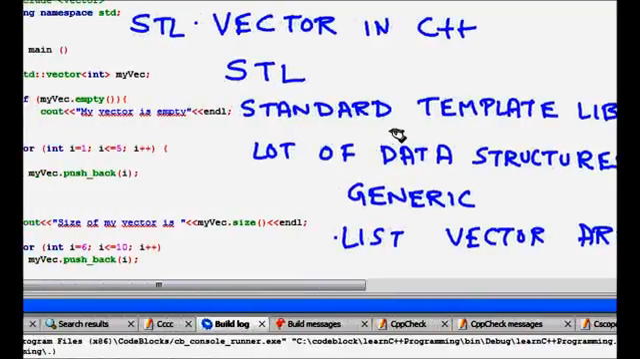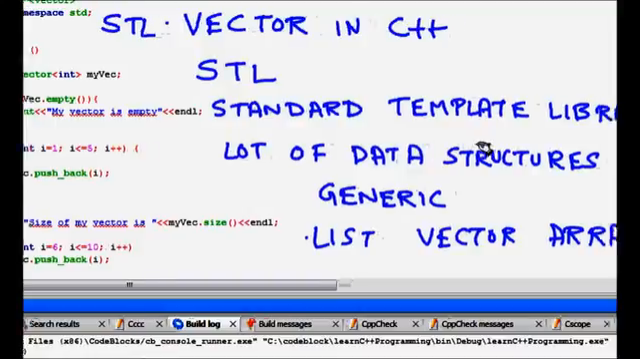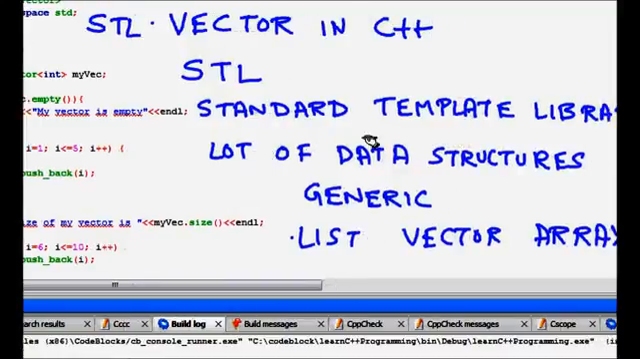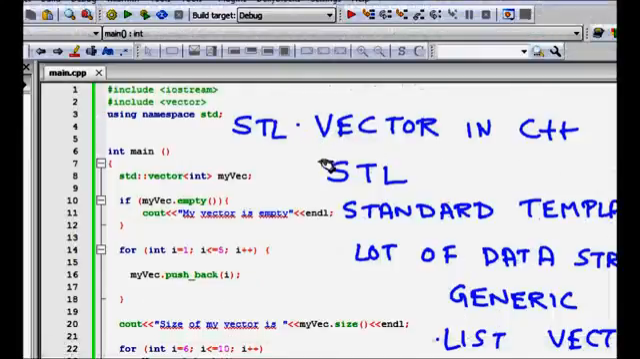So this way you don't have to write your own data structure implementations, and they are generic in the sense that, like for a list, it can hold your ints, doubles, etc. So this is the benefit, and now here we will see our first standard template library that represents a